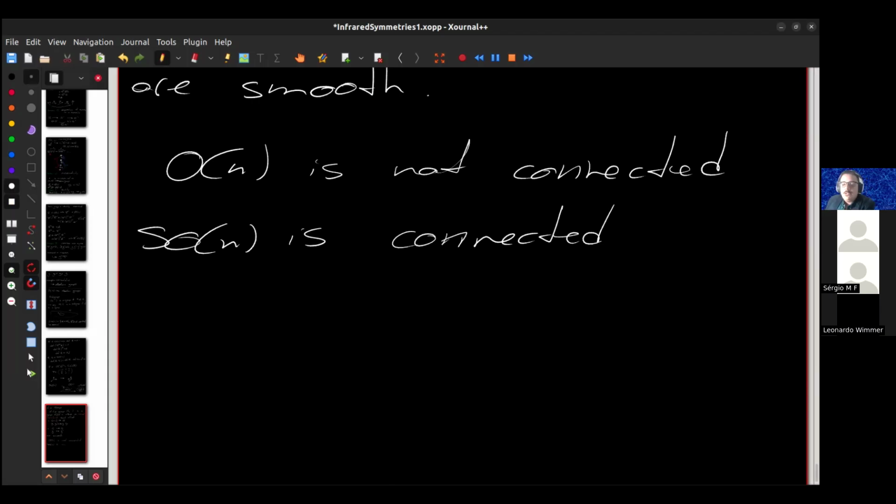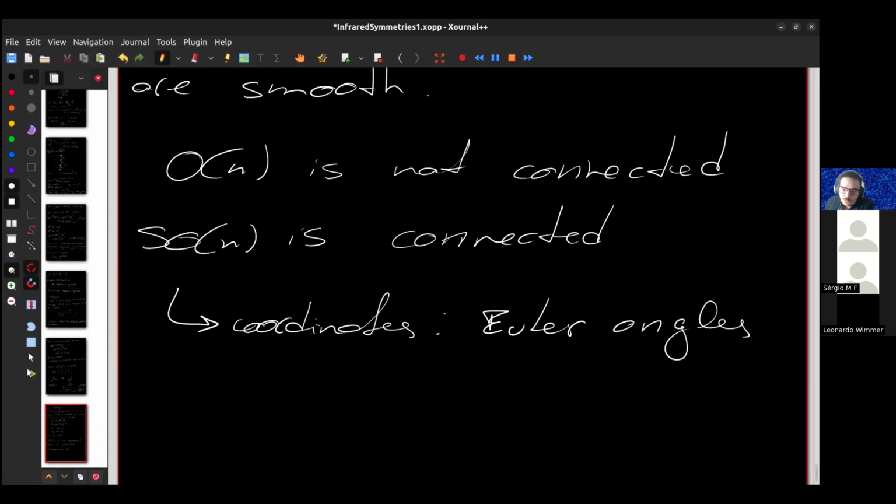Since you are used to relativity, you probably know that you can always add coordinates to a manifold, so you can always describe a manifold in coordinates. And to that end, you can do this with rotations as well. One example are the so-called Euler angles. These are three angles that you can use to parameterize any rotation. They are not exactly